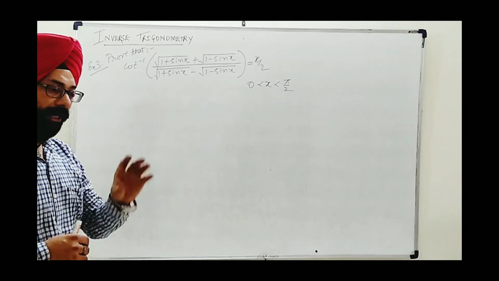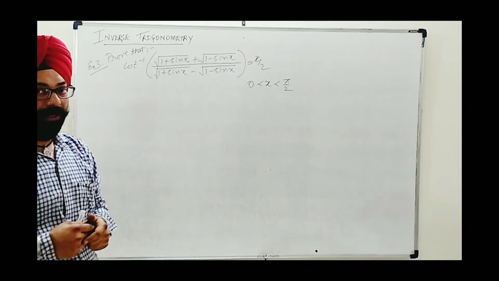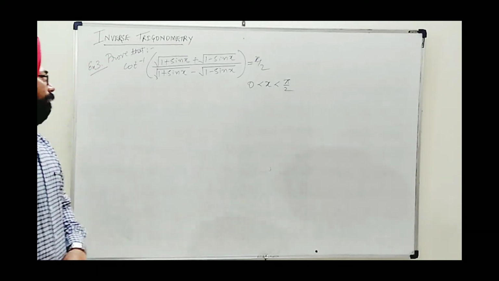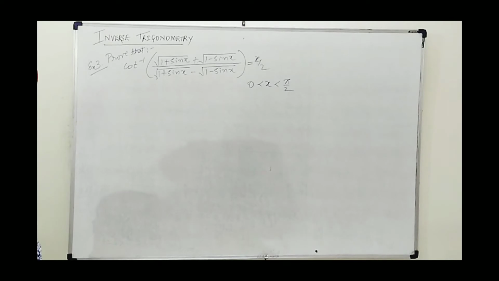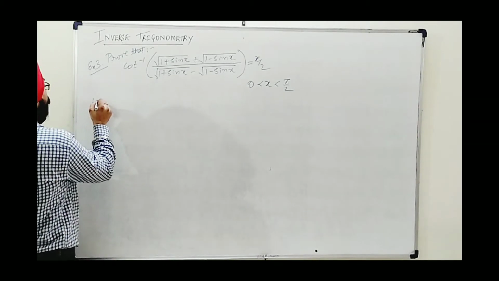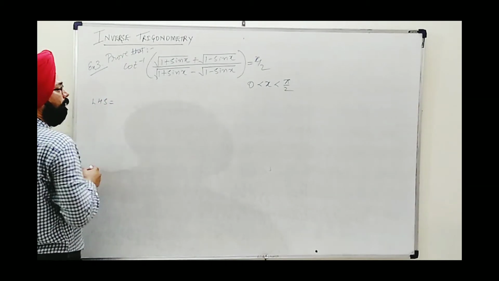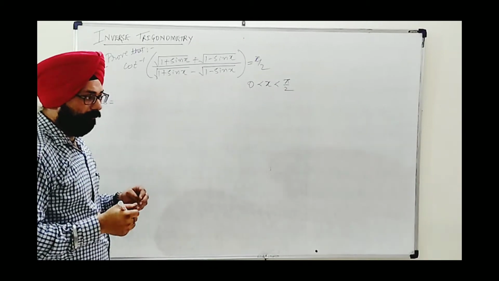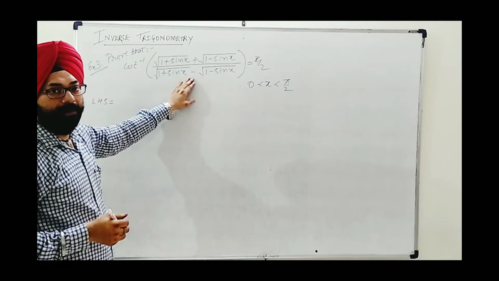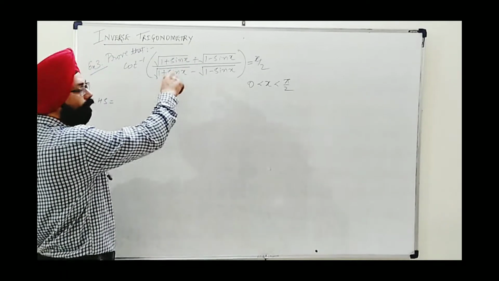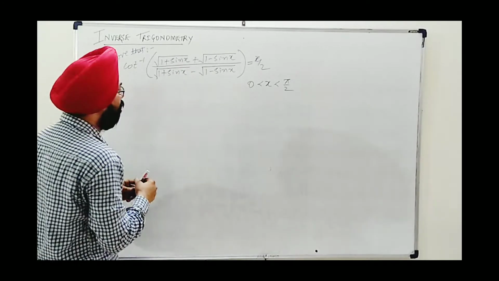But the other method which I have experienced students generally apply is rationalization. We are going to rationalize the denominator or numerator. Anything can be done. Here, if I write LHS, then I see that we will rationalize the denominator, as is generally done by students. So we need to multiply both the numerator and denominator by the numerator itself. The pattern is of square root, that's why rationalization works here.